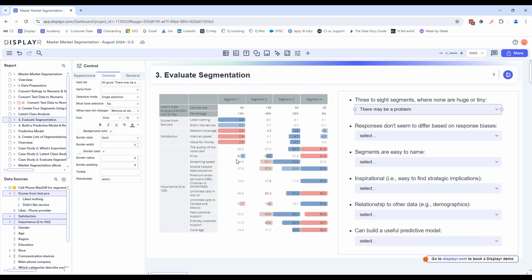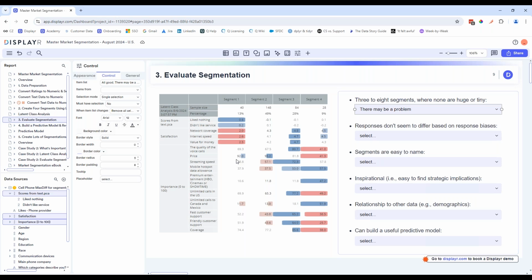Now the importance data should show us what they want. Segment 1 is basically average. Nothing is higher or lower relative to the other 3 segments. So we know they're unhappy, but we don't know what to offer them to make them happy. Such a segment isn't going to help us